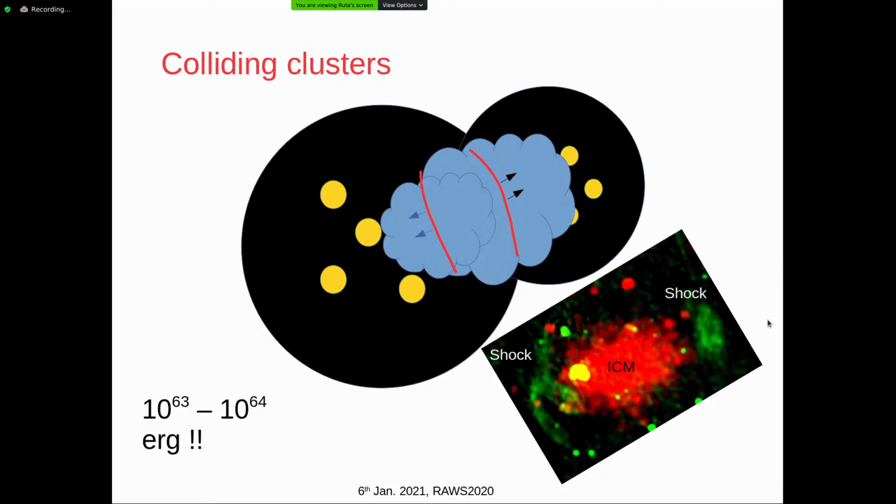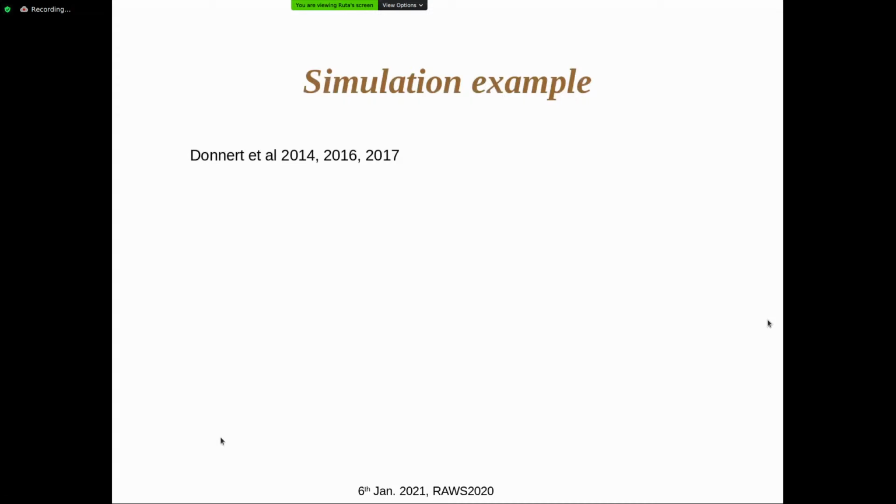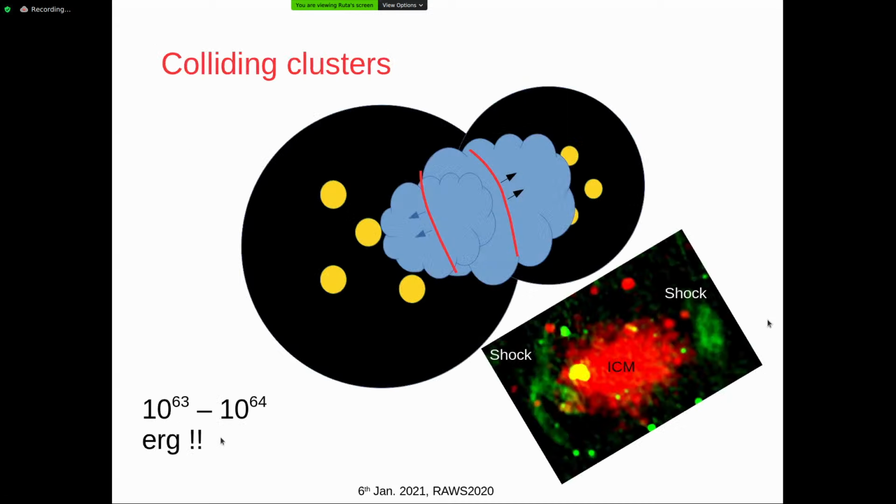So these shocks are visible in radio. They are also visible in X-rays, but given that the electron densities are very low here for the thermal electrons, X-ray detection of shocks at the outskirts of clusters is very difficult. But radio bands provide you that facility, because electrons are reaccelerated at shocks, and you can trace these shocks in radio bands. And just to mention, these are the most energetic collisions you can imagine in the universe,